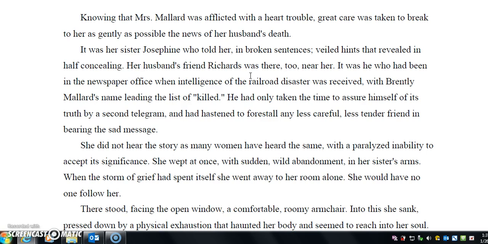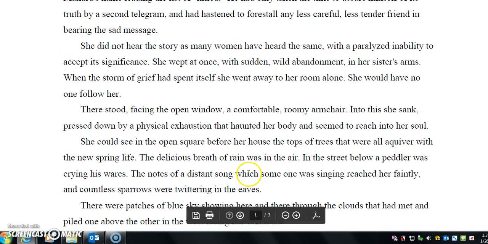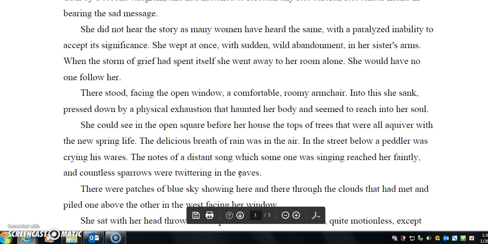Of course, outwardly, Mrs. Louise Mallard looks as you would expect any wife would look upon hearing the news of her husband's death. She wept, she seemed immobile, and just based on how she looks, one could say reasonably that she's in grief and in shock. But then she goes into her room, and she doesn't say much or have any other outward expressions besides